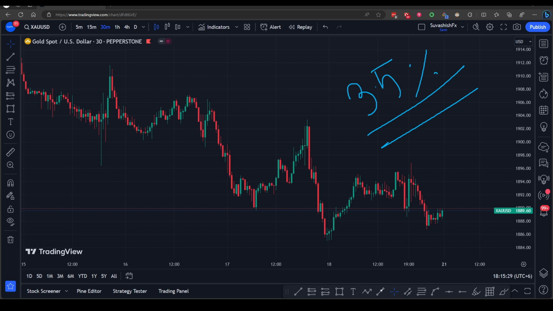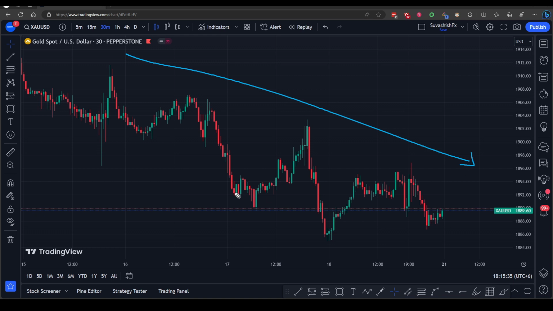Okay, so first of all let's see the market structure. We can see the market is very simple. The market is in a downtrend, so we have to sell only, right? So next time,